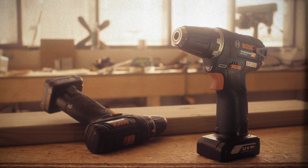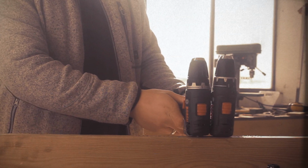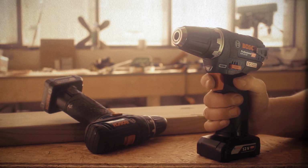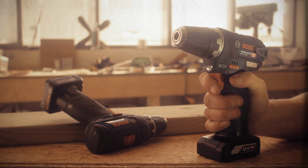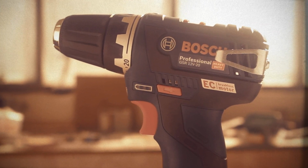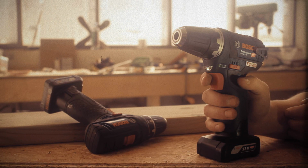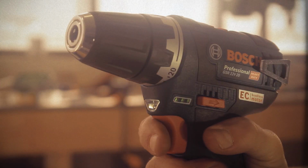But what you will gain if you decide to upgrade to the brushless one is a significant increase in runtime. You get a more compact tool, both in weight and overall length. The grip is not as fat as on the older one, so I'd say the ergonomics is way better this time around. There's also the belt clip, which is a perfect addition. You can have this hanging off your pants all day and not be bothered,